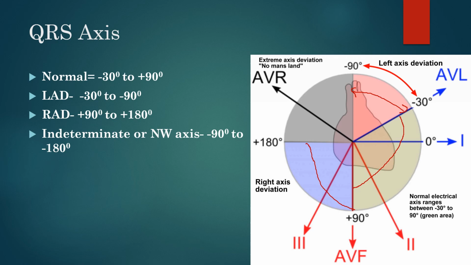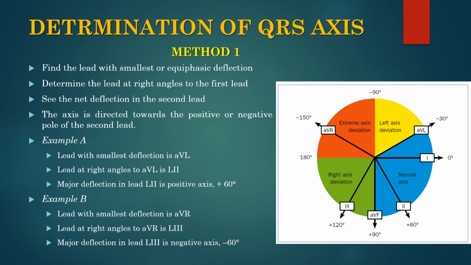What is the value of calculation of the axis? We will discuss in the next lecture, where we will find left axis deviation or right axis deviation and what the causes are. Today we will discuss only the first and foremost method of determination of the QRS axis. And this method is known as the equiphasic method. If you remember, we discussed that the deflection in any ECG lead depends upon